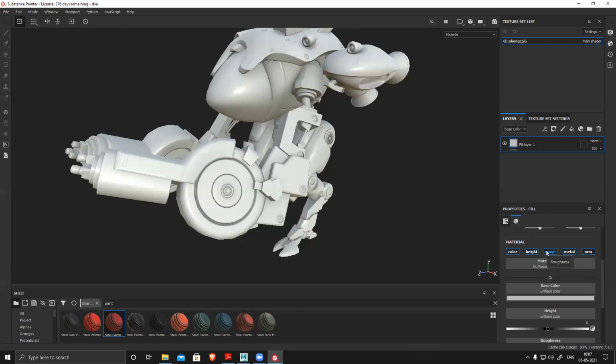Roughness is basically the surface property, how rough or how smooth it is. All the maps are controlled by black and white channels. If it's 100% rough, that means full white. Full white means full roughness, full black means zero roughness. So less roughness is shiny, more rough is matte. White is matte, black is shiny.